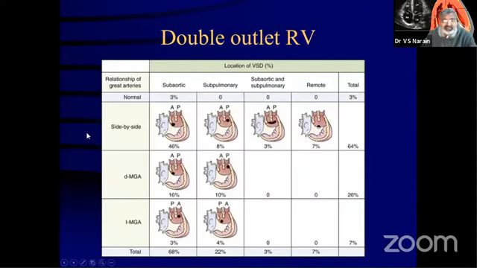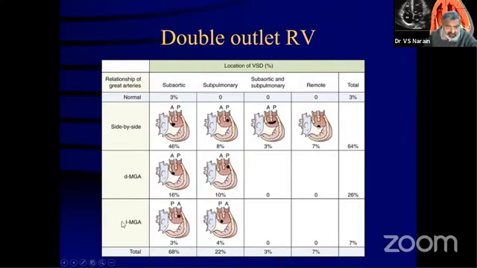And lastly, let us just discuss the ECG in double outlet right ventricle, because that is a very interesting situation. Now let's look at the first column here. The VSD most of the times is subaortic, sitting below the aorta. In about 8% of cases, it is below the pulmonary, and it could be doubly committed or it could be uncommitted. So these are the 4 types of double outlet right ventricle, and then it could be with side to side.